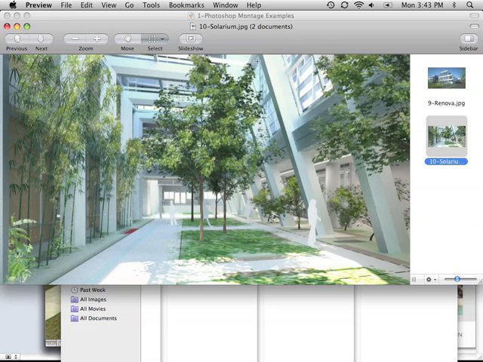So the question always comes up is, where can we find good trees? Good trees are hard to find. So I'll give you some ideas on